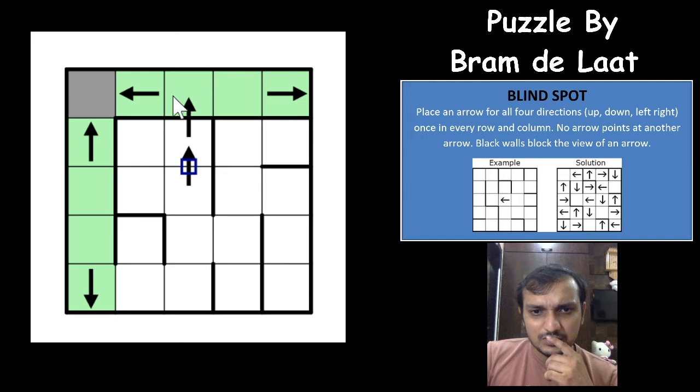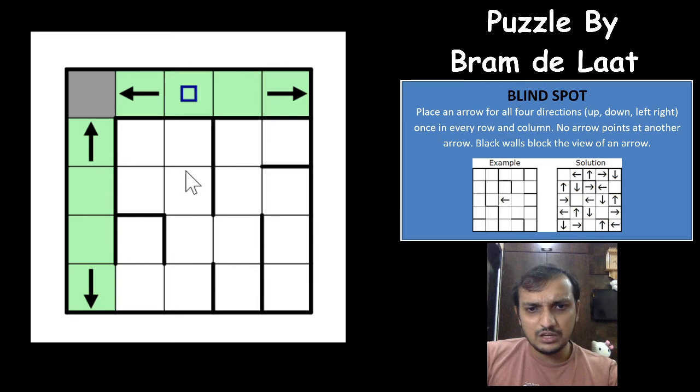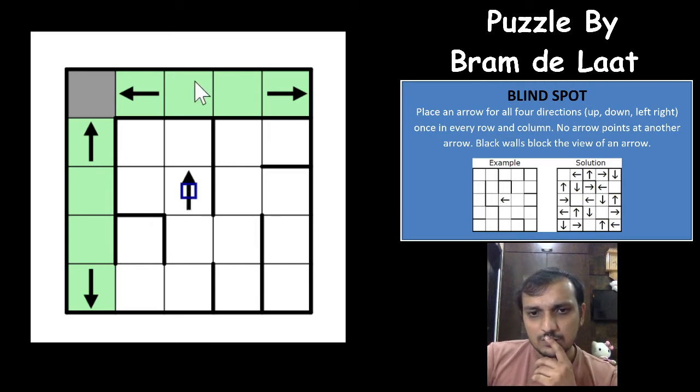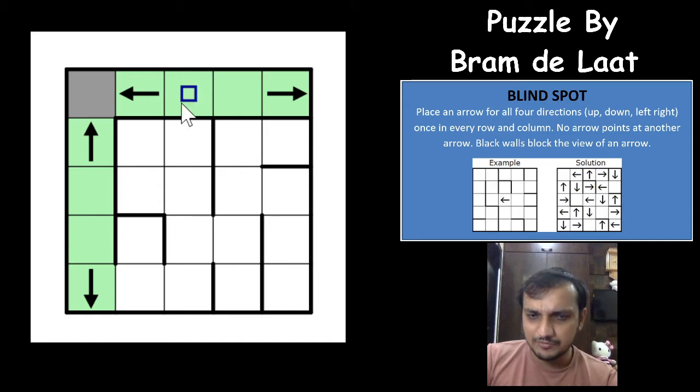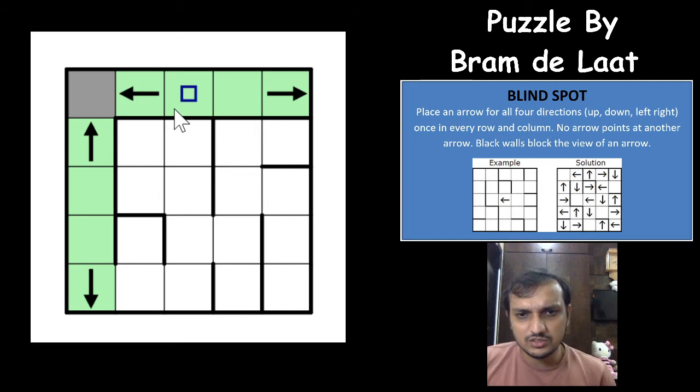You can have it in this place as well, and that gives you an upper arrow here or here, and you can have a lower arrow here as well. That will give you the upper arrow here. Okay, so anything is possible here. But as you can see here, you cannot have the upper arrow here, so the upper arrow can be here or here. And if you have an upper arrow here, this cell would have to be the lower arrow and this would have to be the left and right. That is possible. If you have the upper arrow here, the lower arrow will have to be here, and this can be left and right. Okay, that's excellent. It's still possible.